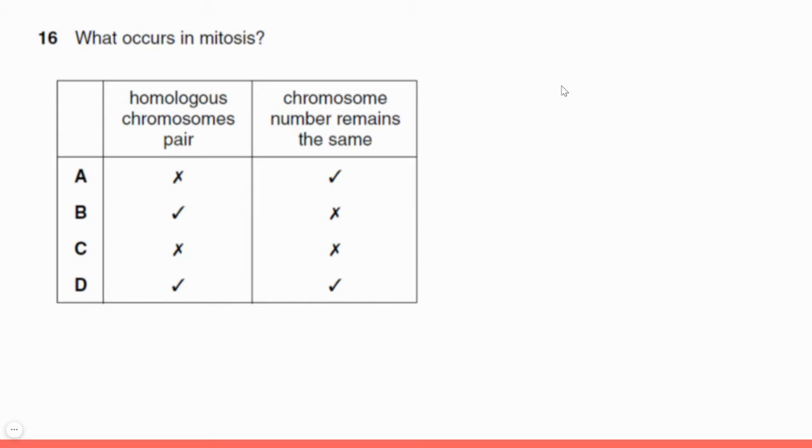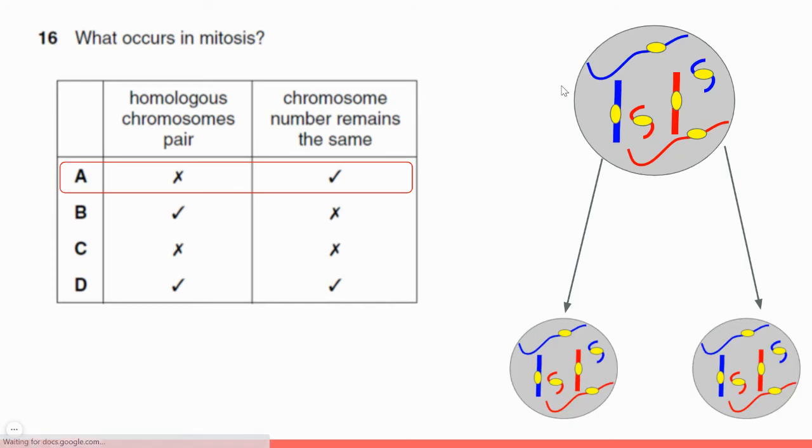So our second column will be a tick, but homologous chromosome pairs are more particularly the two chromosomes, out of which one has come from your father and one from the mother, and they pair up. That only happens during meiosis. So no, homologous pairs of chromosomes will not be seen distinctly during mitosis. The pairs will be there, but they'll be scattered in the cytoplasm separately. And yes, the chromosome number will remain the same.